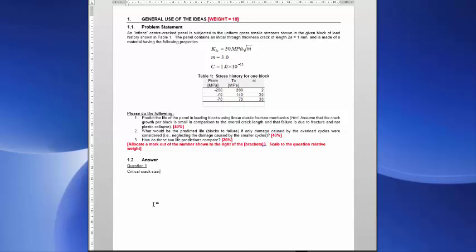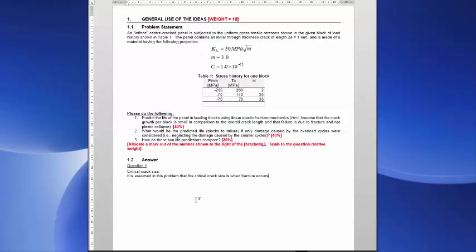As you know, the critical crack size depends on whether the failure is plastic collapse or fracture. In this case, if I read through the question, they don't say anything about yield strength. So I'm going to make the assumption that the critical crack size will be driven by fracture. Now, it is assumed in this problem that the critical crack size is when